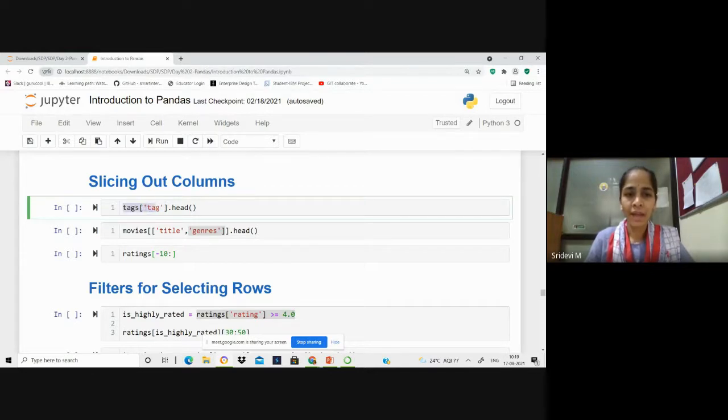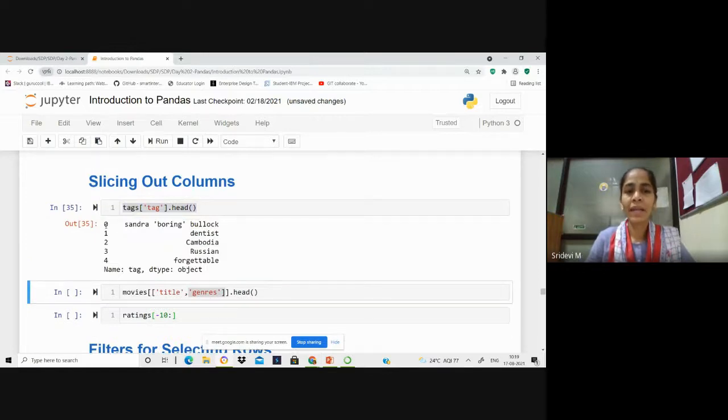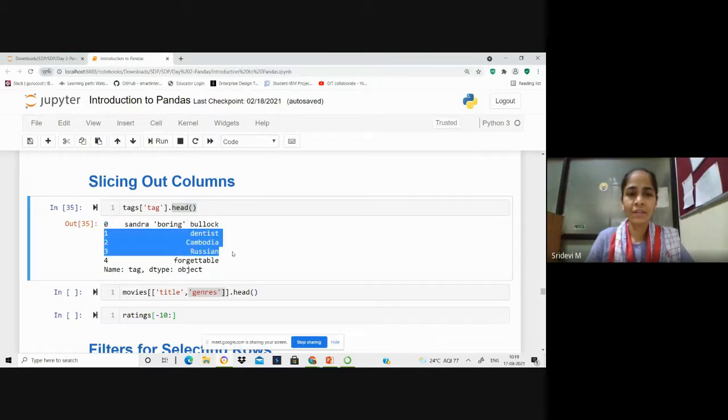So when we take the tags table, the tag column, and get the first 5 data points, you can see that they are displayed as a series because you are using only single brackets here. With a single bracket pair, it displays the first 5 tags because you are using head. Here it displays the first, second, third, fourth, and fifth movies tags, but they are treated as a series.